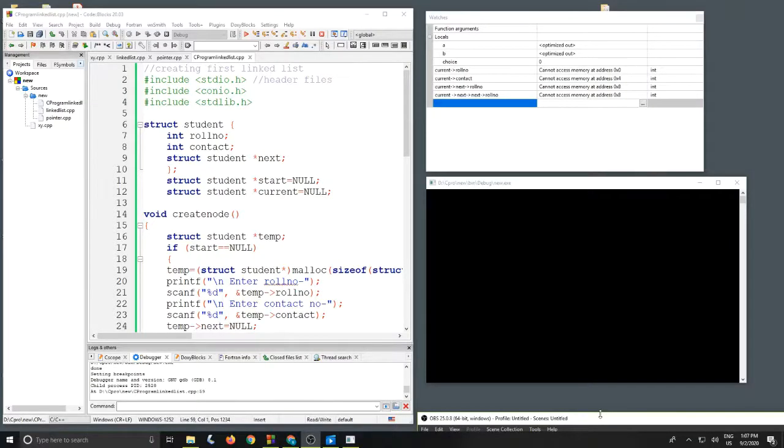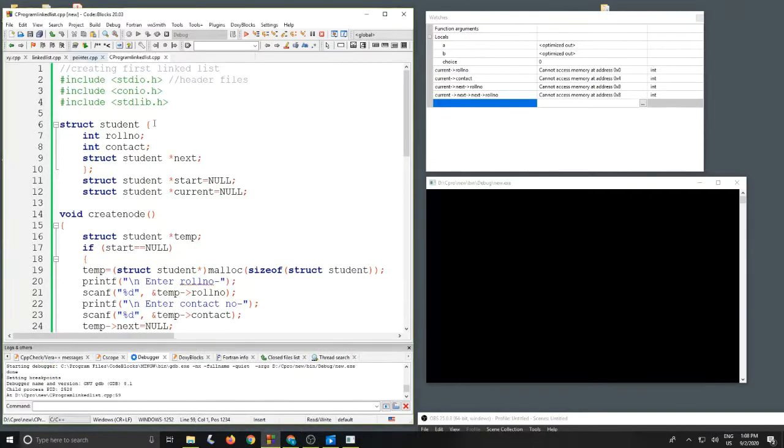Dear students, in the last lecture we understood what a linked list is and how the structure and pointers help in the implementation of a linked list. Today we'll try to understand the important factors required for the actual implementation of a linked list using C programming. Here a linked list program is written which includes header files, say stdio.h, conio.h and